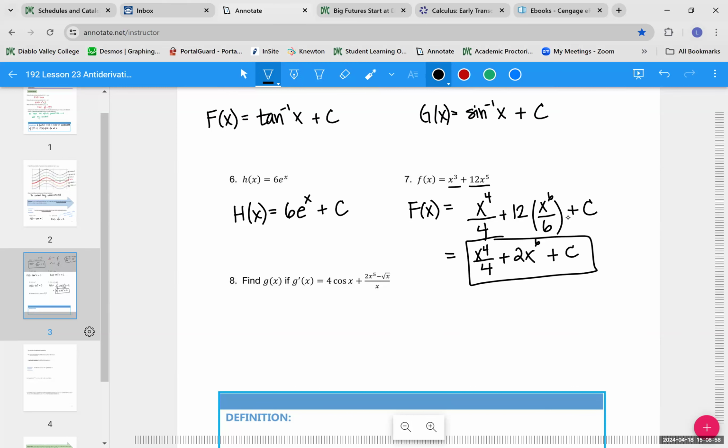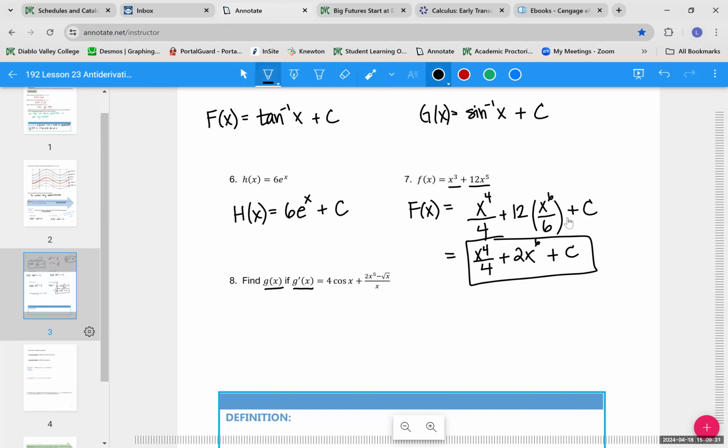And then last but not least, number 8 says find g of x if g prime of x equals this function. So it's still just finding an antiderivative. It's just phrased slightly differently, where they wrote the function they gave you as g prime of x. So if you look at this function, I can't come up with off the top of my head a function whose derivative is that, right? But what can I do since there's only one x in the